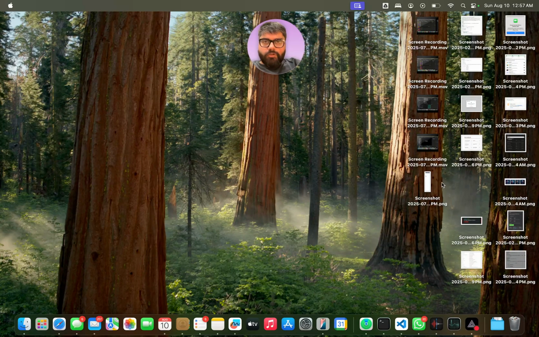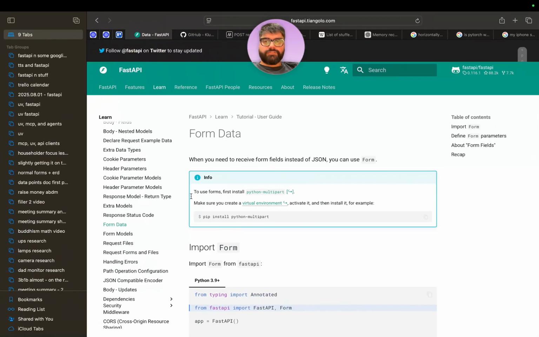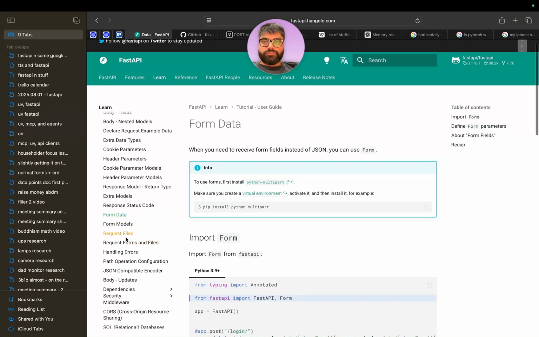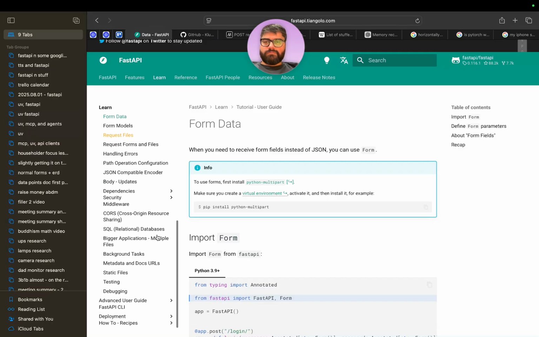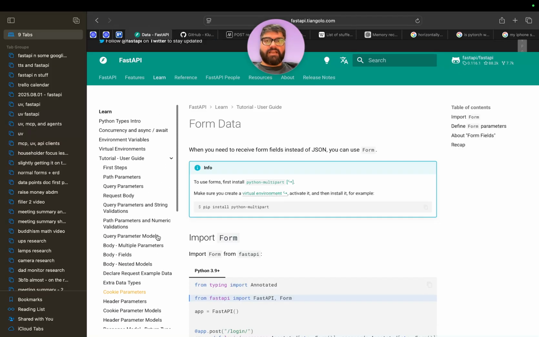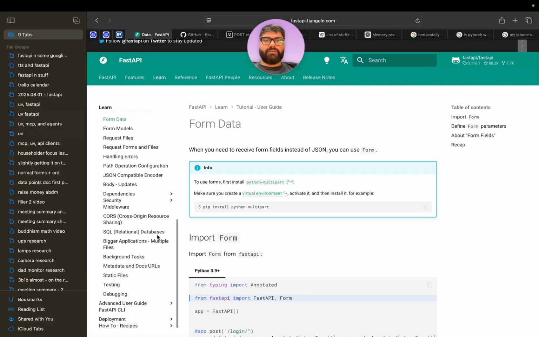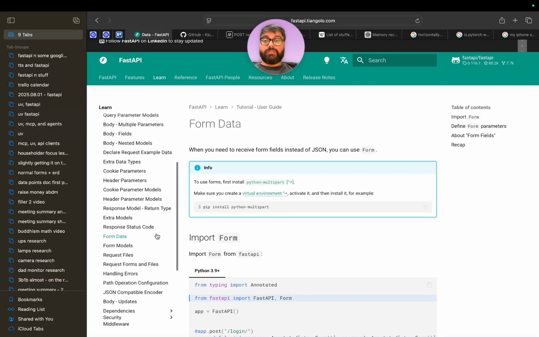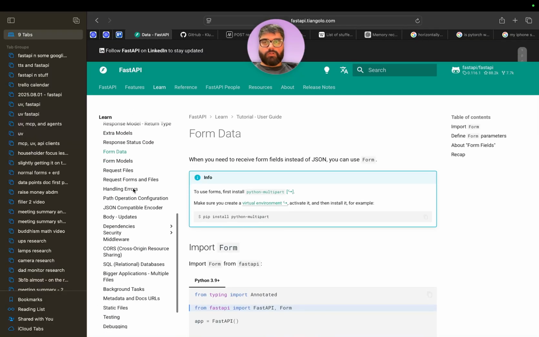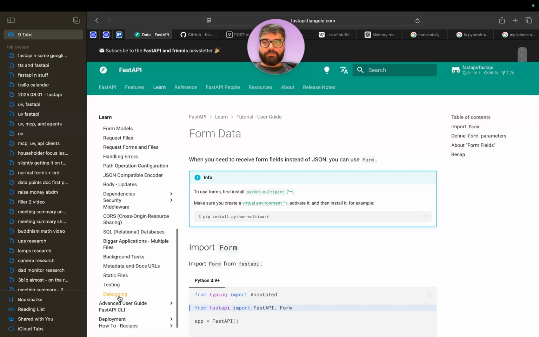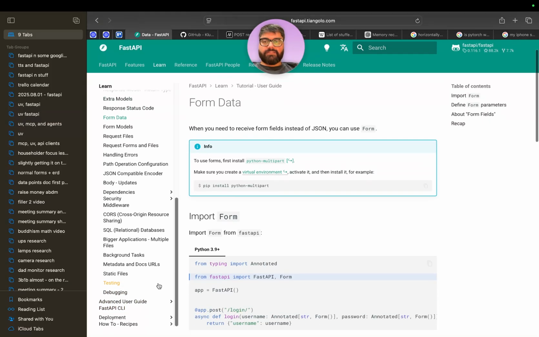I'm gonna go over some of the same pages as yesterday, and just go through till request forms and files. I started reading on handling errors, and I think that's an important page, so we'll save that for the next video. I'm also partially contemplating just having a really big, really long video that just goes through all of them through till here, and then we'll do the advanced user guide,